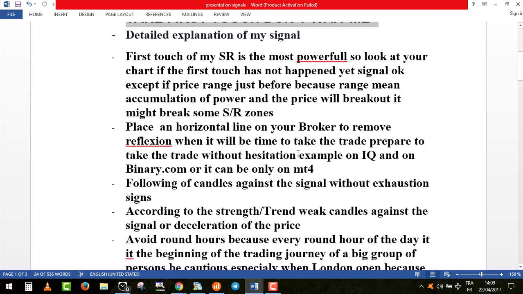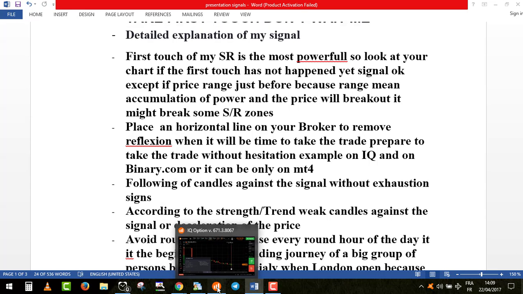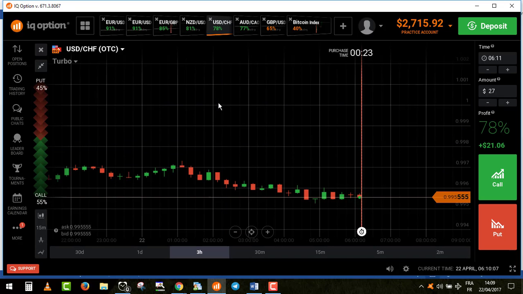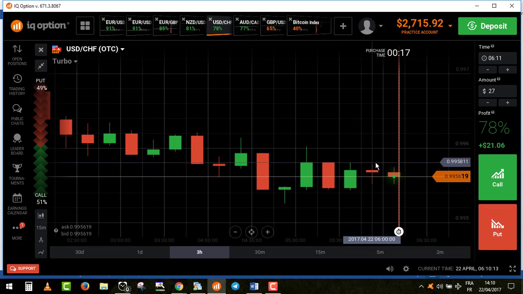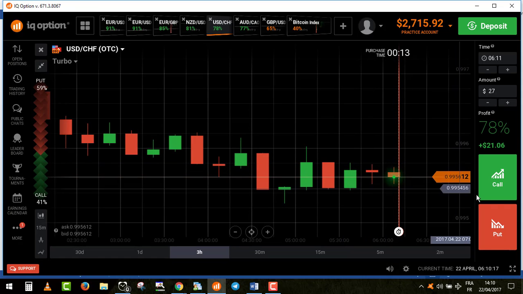Now, when you take a trade based on a signal and on a specific SR, if you take a trade from a trader who will alert you just before the trade happens, you have to be fast in this kind of situation, and you go on your broker, like IQ in this example, and he will say to you, let's take a put at 0.9958, and you just have to wait for this level, and when it goes, you make a put if it's a put